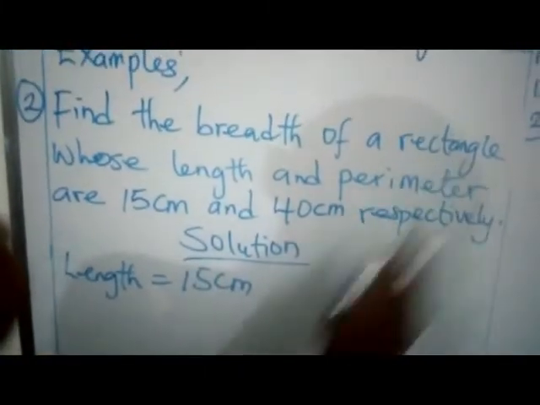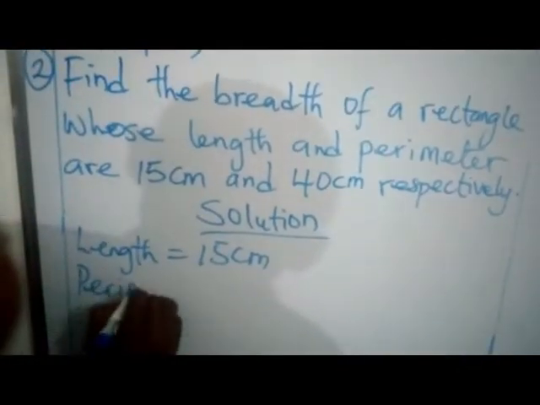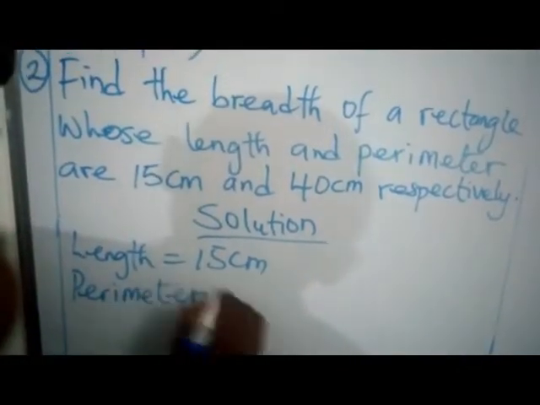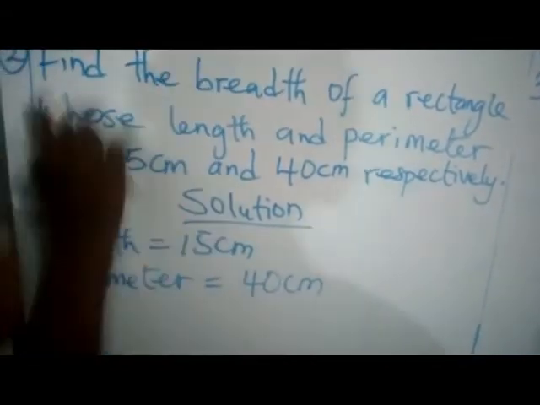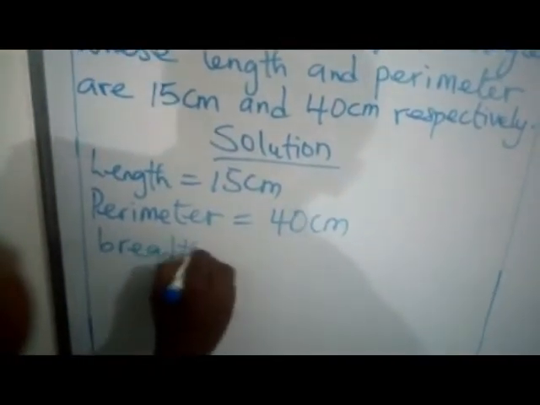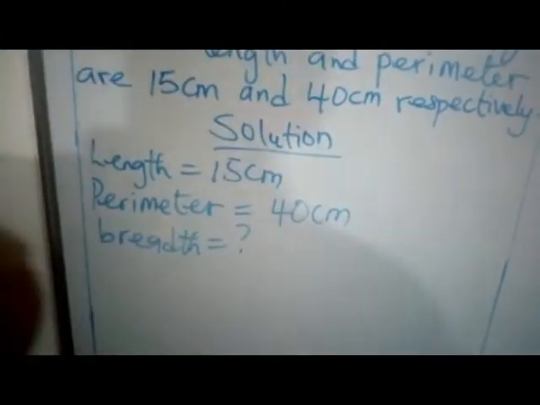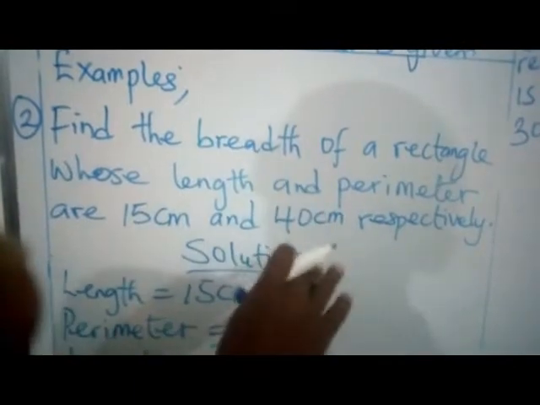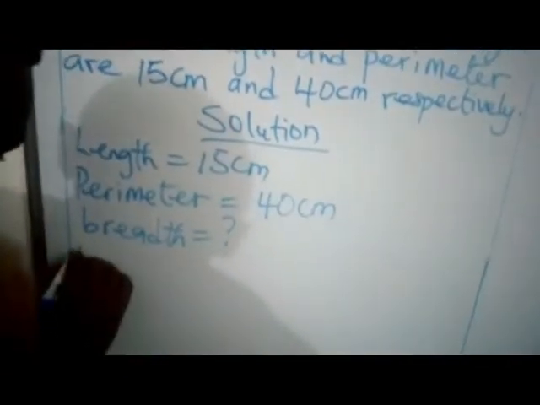And what's the value of the perimeter of the rectangle? The perimeter is equal to what? 40 centimeters. And we are finding the breadth of that rectangle. What's the value of our breadth? We don't know. Now, I told you the formula for finding the breadth of a rectangle when the perimeter of that rectangle is given. Remember, I told you to find that you use